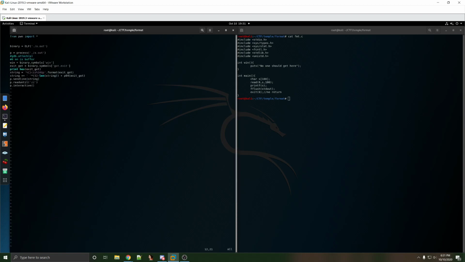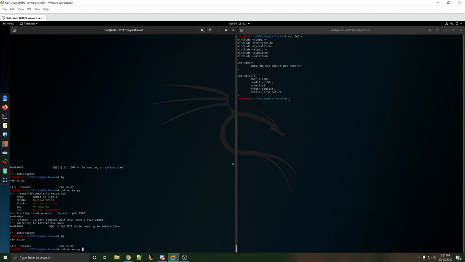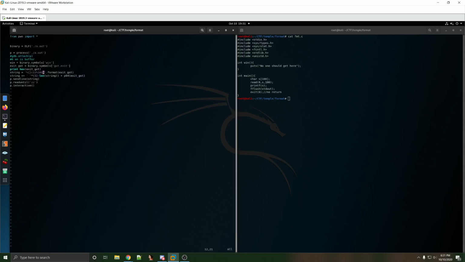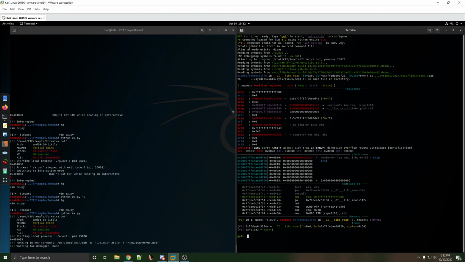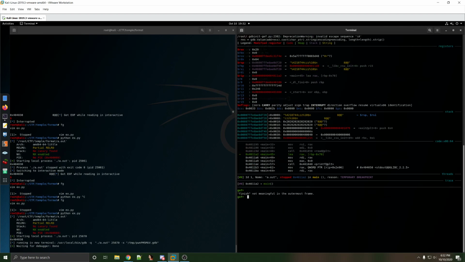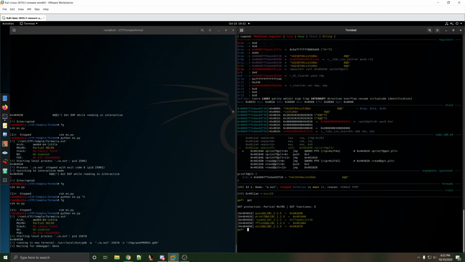But if we were to change this to an n, now all those c's should actually write straight to the GOT, and we can see that with GDB again. Move this down here just so we know we're using it. We'll finish our current function. Oh, thank goodness that didn't go. Go over to the printf. We'll check the GOT beforehand. See that our exit points to the